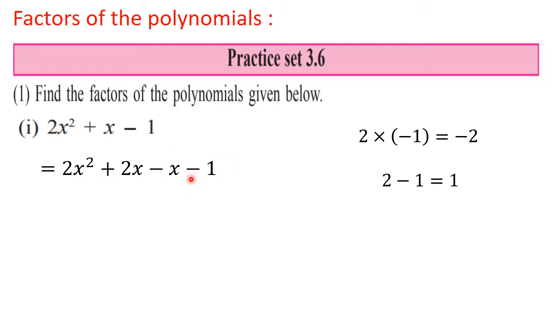Here we can find that nothing is common, but I told you that when there is nothing common, you have to take 1 as common, because 1 is always the coefficient. Also, we will find that the minus sign is common. So from these two, we can take out minus 1 as common. So when we take out 2x common here, then in the bracket we will get x plus 1. See, check: 2x into x, 2x square, and 2x into 1, 2x. Okay. Now here the minus sign is taken out common and 1 is taken out common.